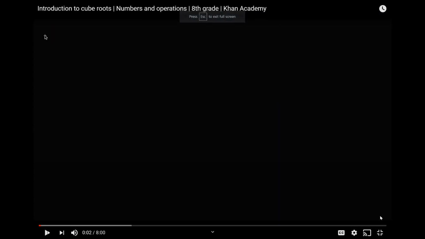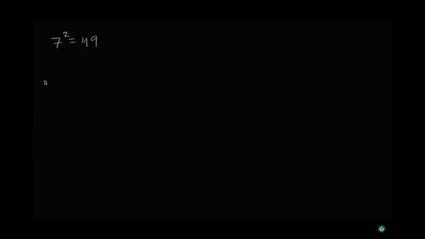For example, if I were to tell you that 7 squared is equal to 49, that's equivalent to saying that 7 is equal to the square